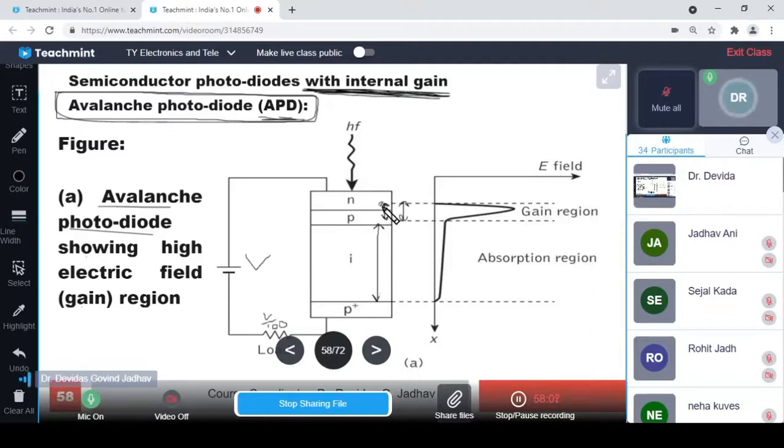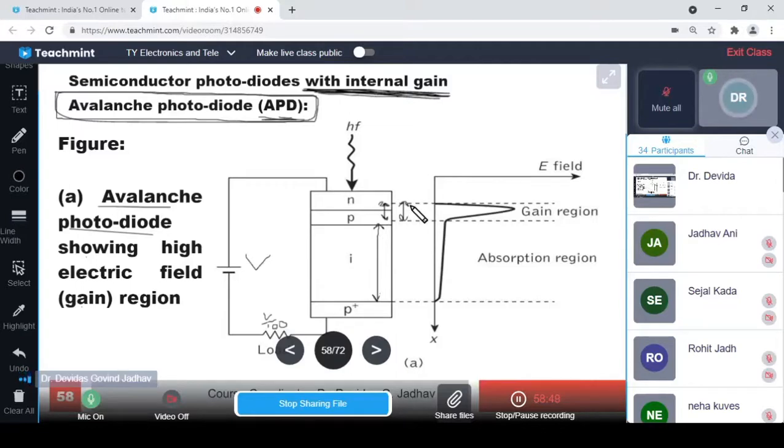So suppose this voltage is taken according to its resistance. This is having some resistance, some conduction, but this is having very high resistance, so it takes the larger component. Suppose this is taking 60% of the voltage, 70%, and this is taking 30%, or maybe 50%. But this 50% voltage is distributed over a very long distance. Okay, this is the intrinsic width. Suppose this is 10 volts, so 5 volts is distributed over a very long width, and the other 5 volts is distributed over a very short width.